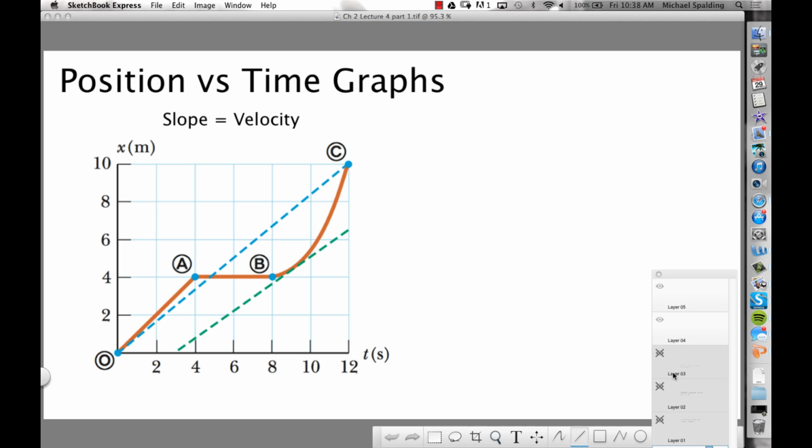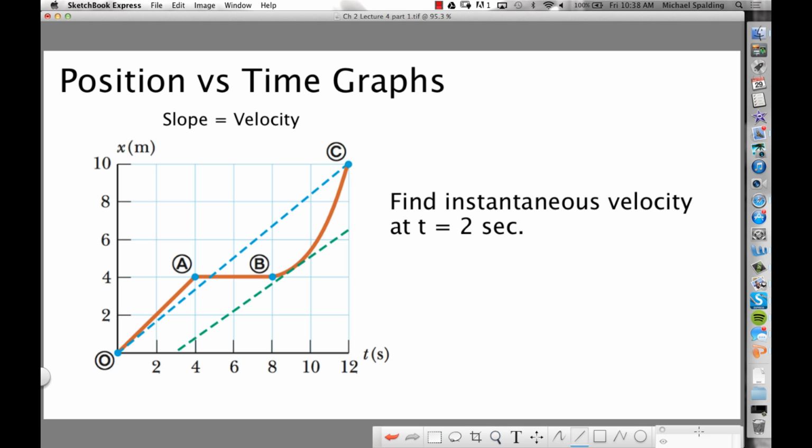Back up. So we want this question here. Finding the instantaneous velocity at t equals 2, that's right here. Now, the thing that's really nice about this question, can anybody tell me what the nice thing is about this question, as opposed to the next question, which is find the instantaneous velocity at t equals 9? What's nice about this point compared to this point? This is constant